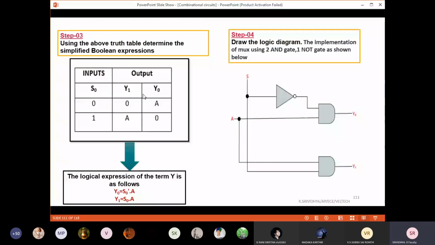For Y0, you have to write separately. Imagine here you will never go for OR gate. Why will we never go for OR gate? You're not going to combine the signals. You're going to distribute the signals. So it should be separate signals only. Don't make this as one OR operation and give me one output. If you give it as one output, I will give you 0 marks. Because then it means that you didn't even understand the concept of demultiplexer. Why I'm saying OR gate should not come, yes or no? Yes, ma'am.